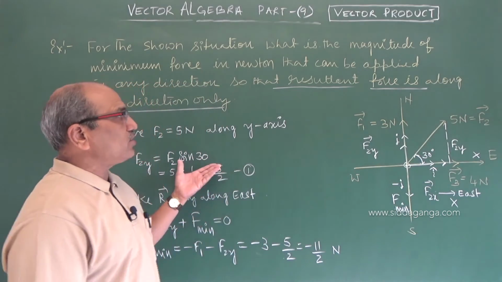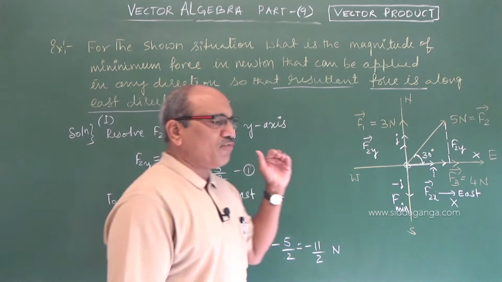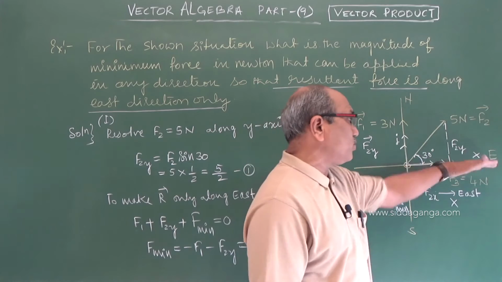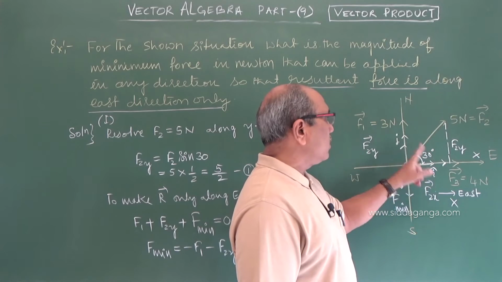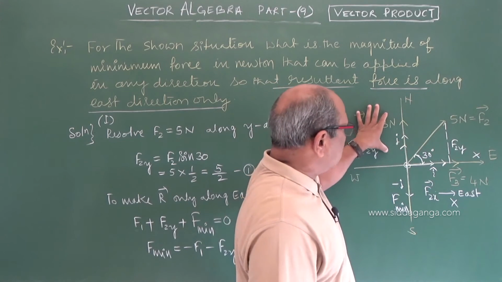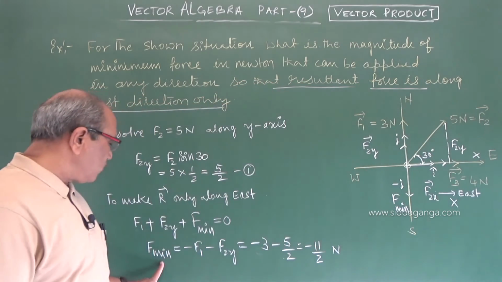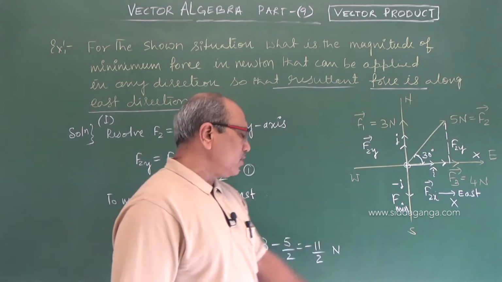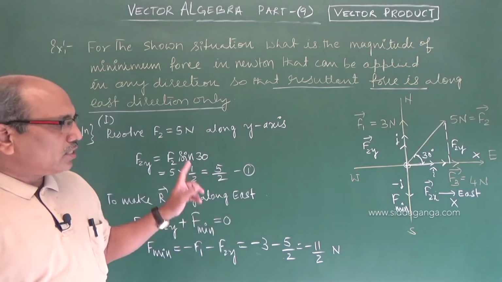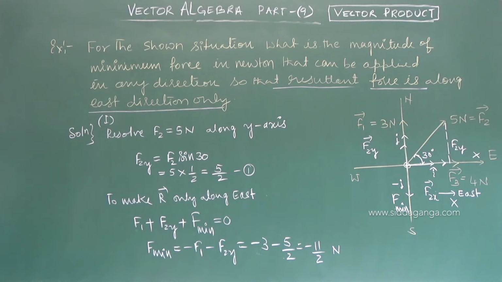That is the condition they mentioned: the resultant force should be only along the x-axis. Don't think about the forces present along the x-axis, those are also positive, not negative, because this only has the two components. I took only the y component, added it with this and got the resultant. The negative minimum force which I apply means along the south direction, so that the minimum force I applied makes the resultant along the x-axis. Let's go to the next one.